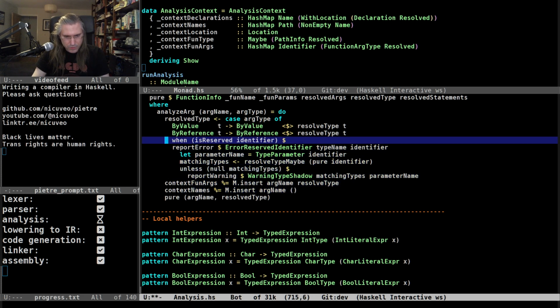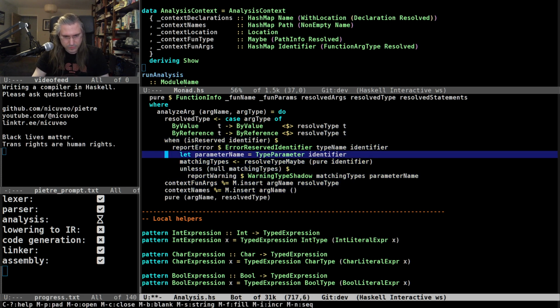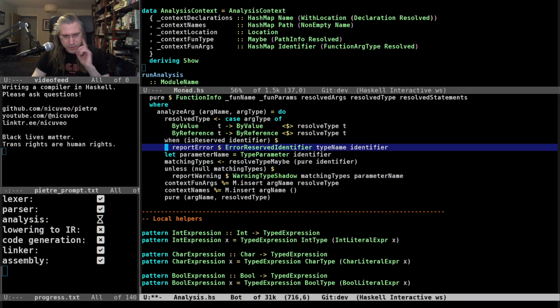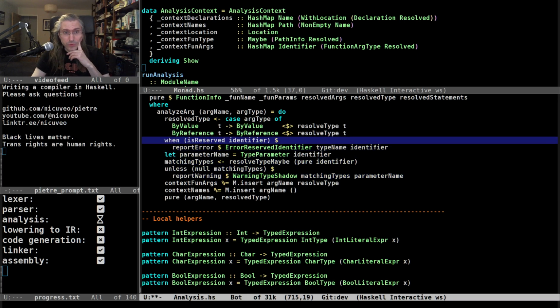So what do we do here? If the identifier is reserved, so if the function argument is named int or something like this, which is not valid, ooh, I keep doing this. I keep stacking more things on top of the things I'm already doing. There is a thing I'm not doing at the moment that I need to do, which will be in